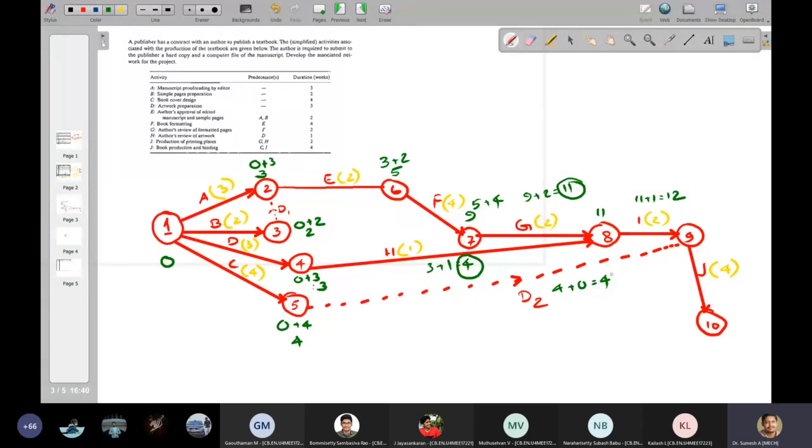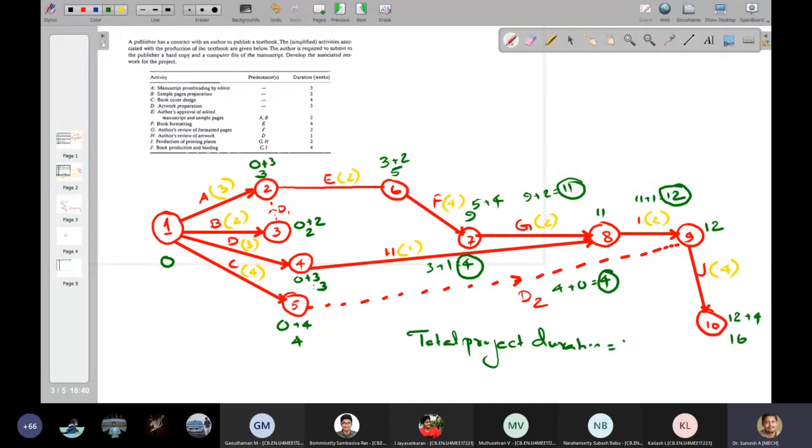So 12 I'll write here. So this will be 12 plus 4, that is 16. So here you can see that the total project duration will be 16 weeks. The total project duration will be 16 weeks.